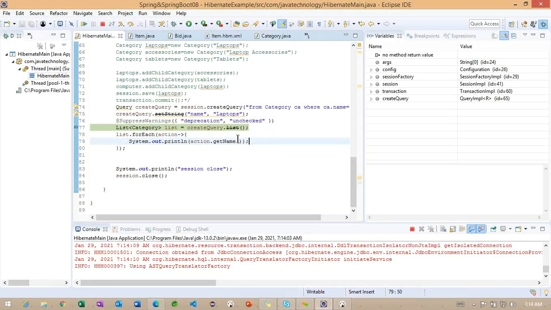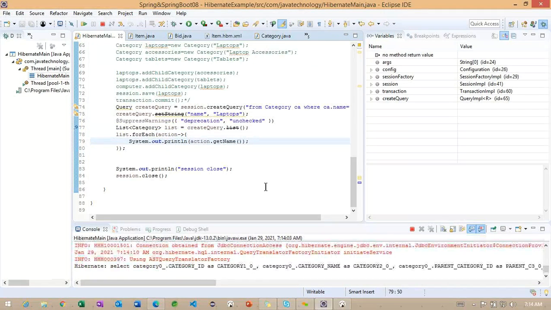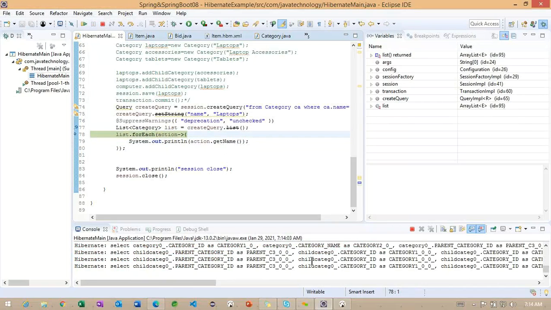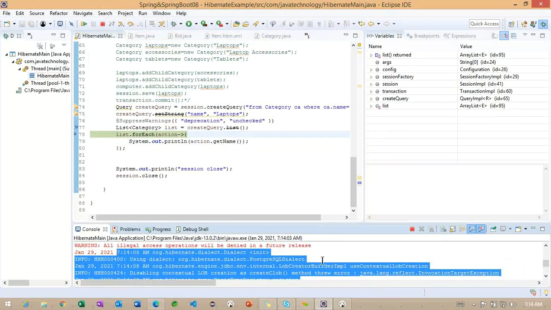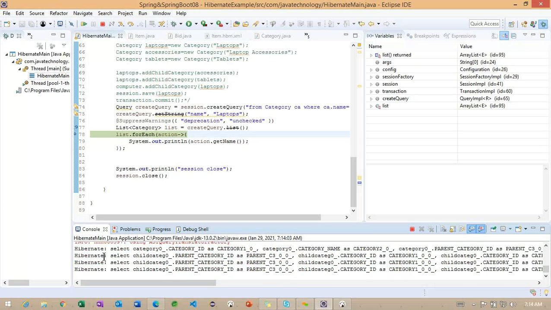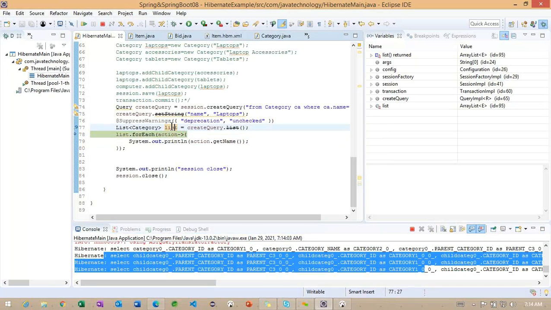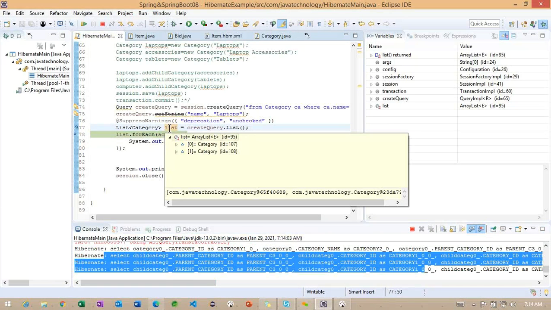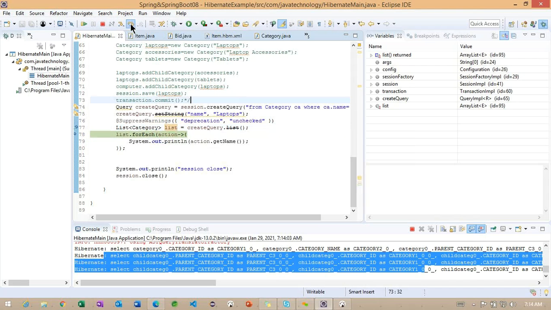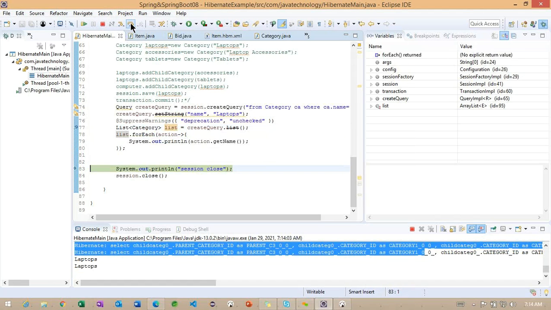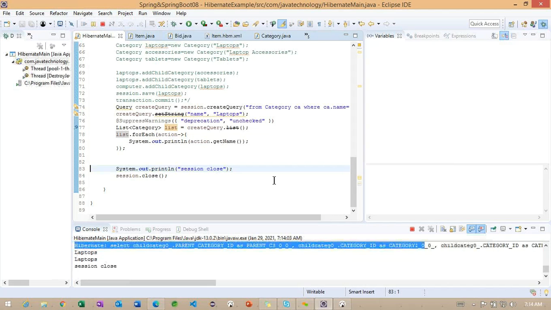So we'll wait here. Okay, now we receive this particular query method. You can observe here, you can check here, at this time we are having the data. Because of this, we are going to get these many records here, and you can identify the particular list category is going to return 2. So 2 laptops, we are able to see the information here. So this is all about using this particular SQL.